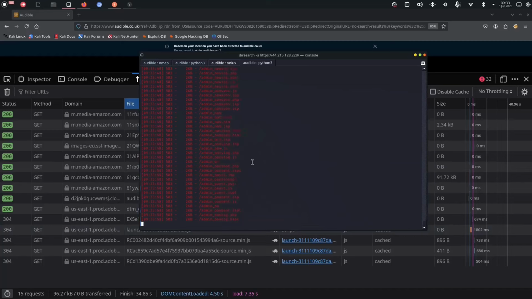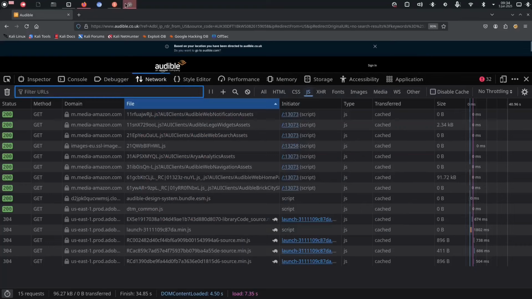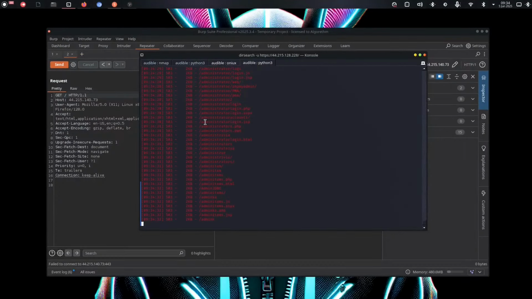So remember, I am enumerating the IP address, not the site itself, because if it's the site itself, it would have found something maybe. But I'm enumerating the IP address. So while that is running, like I've said, I'm going to crawl these ones. So Control Shift T, not enumerate. I'll do gripper dash u